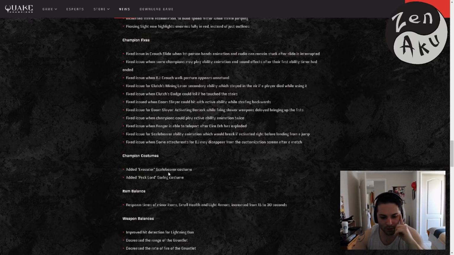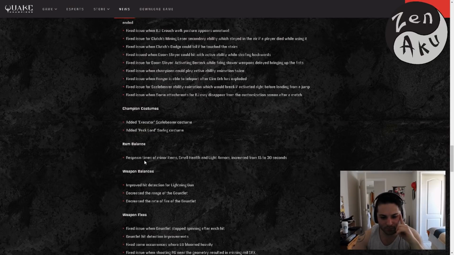Cool. Executor Scalebearer costume, Packlord Solag costume could be cool. Item balance, respawn timer of minor items, small health and light armors increased to 15 to 30 seconds. This is actually really important because it means those VQ3 characters are going to have an opportunity versus the larger